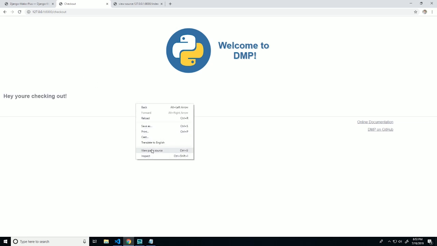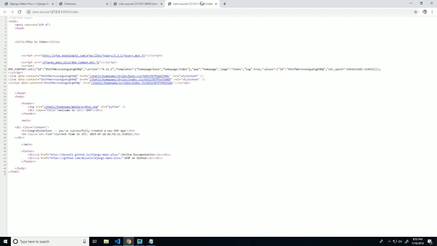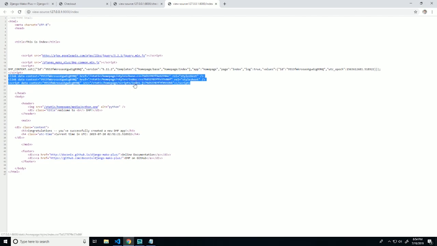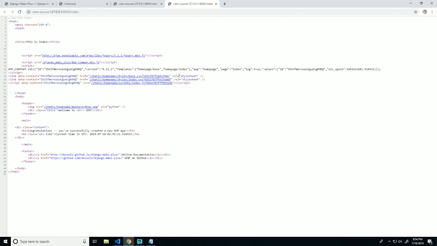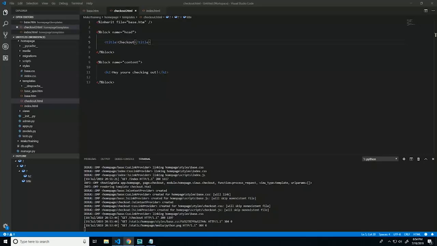But let's go ahead and view the page source on this one. You'll notice I have both page sources open here. The index page source has these links to base.css, index.css, and index.js. If we go over to the checkout one, it only has a link to base.css. And the reason for that is that we don't actually have a defined checkout.css. But let's say that we did, right? Let's create a